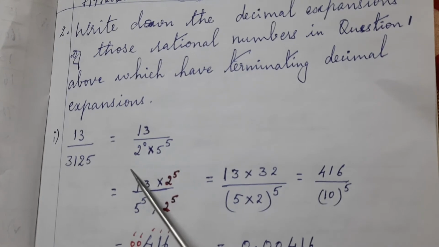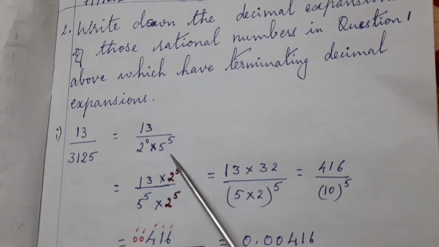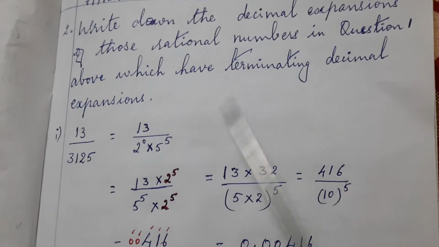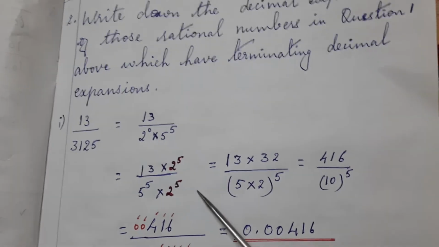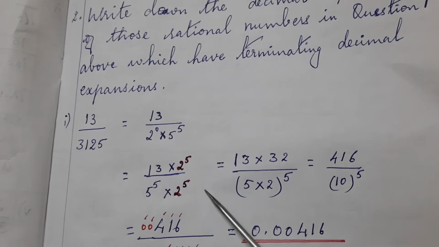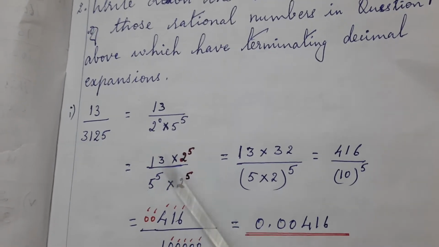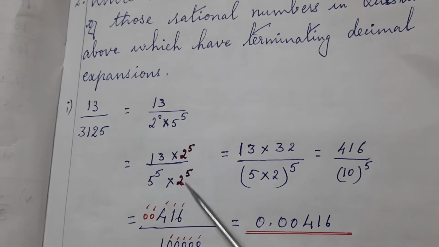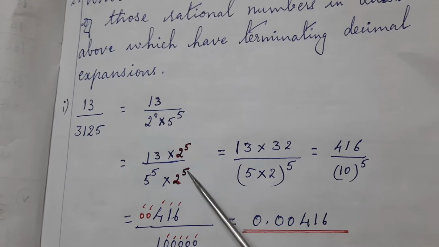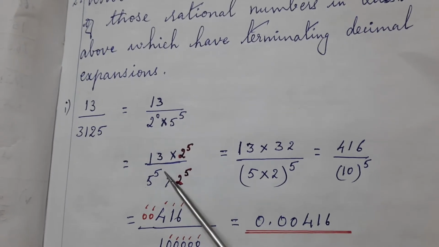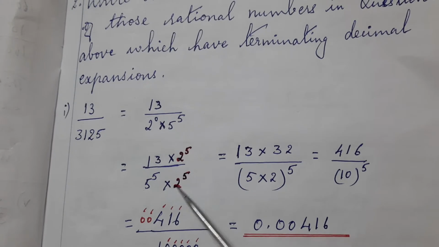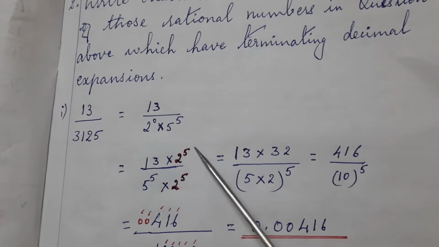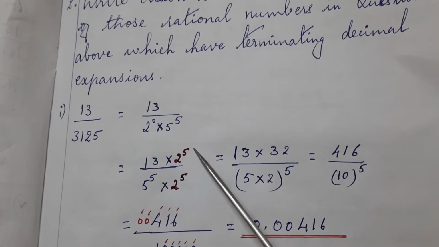Because if the denominators are only 2 and 5, then it is a terminating decimal expansion. Since I have to write in decimal expansion form, if the denominator is 10, 100, 1000, it will be easy for us. So in order to make it end with zeros, I have 5 power 5 already, so I am multiplying by 2 power 5, because 5 twos are 10. And I am writing the same power because a power m into b power m is (a into b) the whole power m. Whatever you do in the denominator, you do in the numerator, because the value will not change.